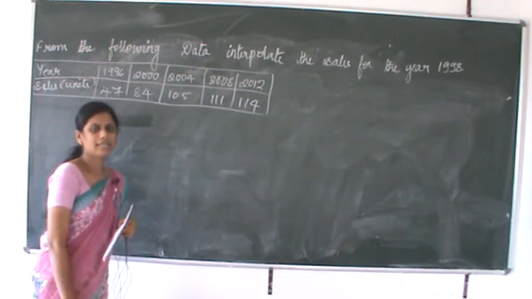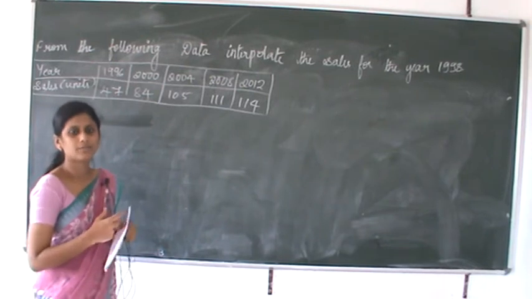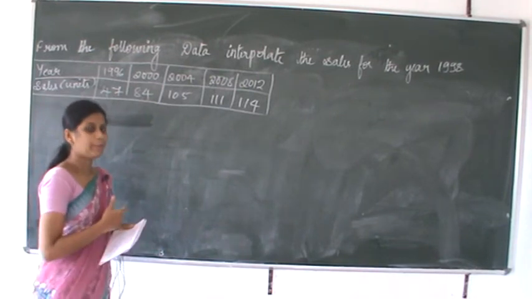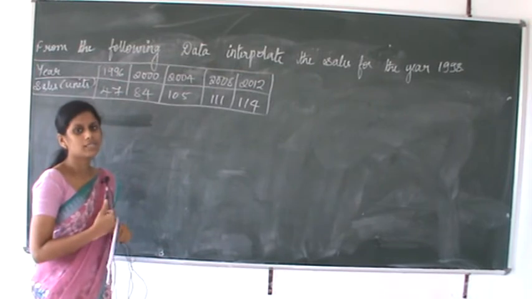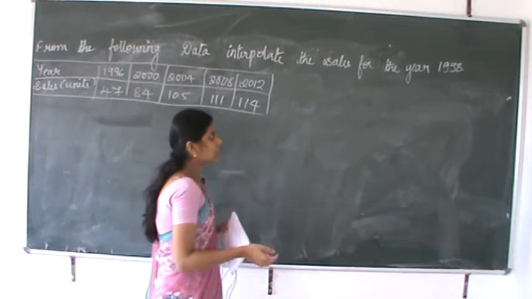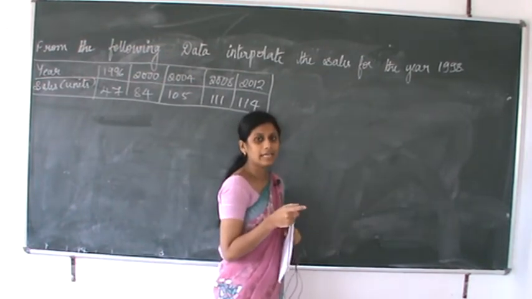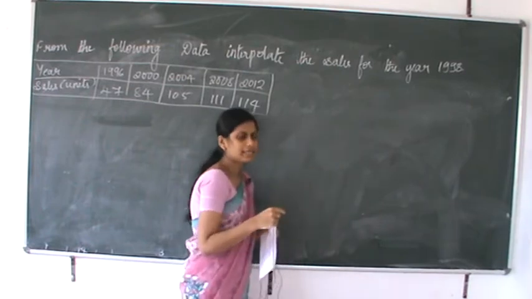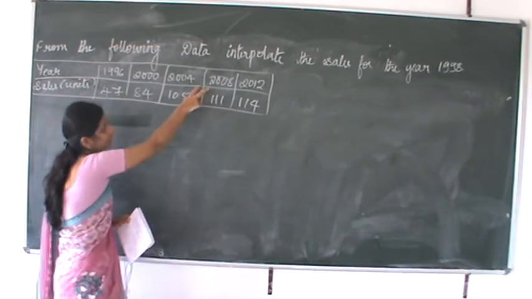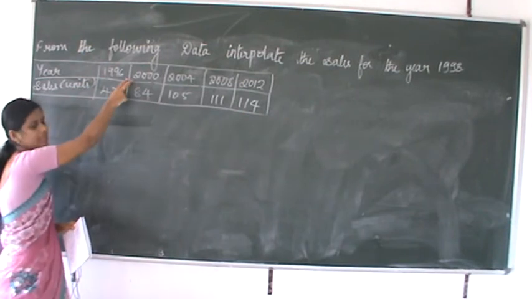When this kind of question is asked, it is not clearly stated which method to follow, whether you are going to apply the binomial expansion method or Newton's advancing difference method. First of all we have to see, here x is 1998, we have to interpolate the value of y when x is equal to 1998. See, 1998 is not one of the values of x. 1998 is not given in the